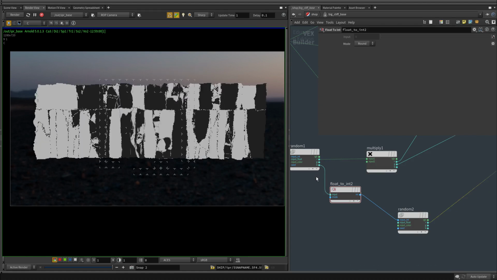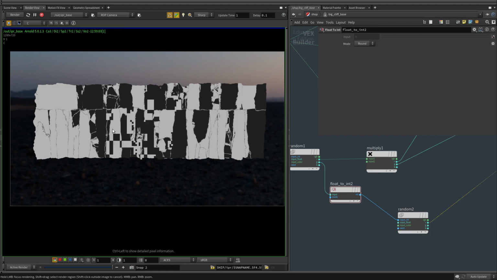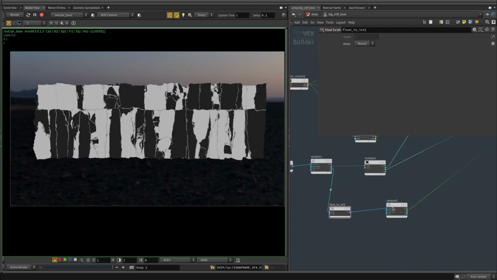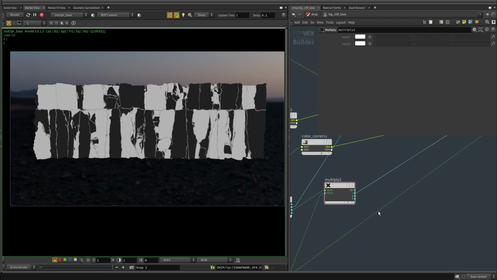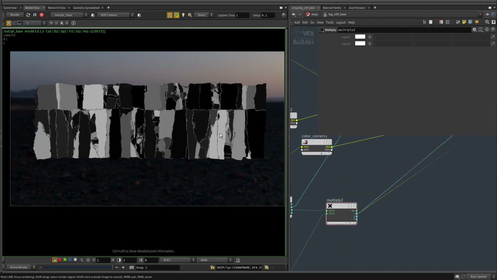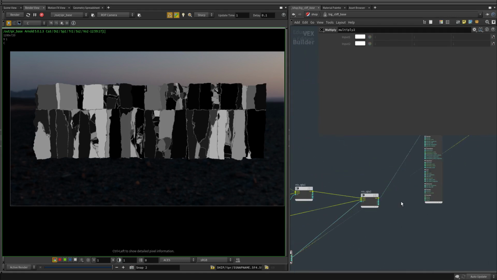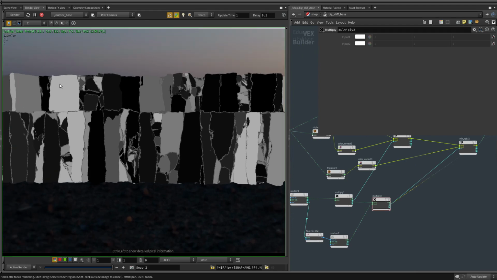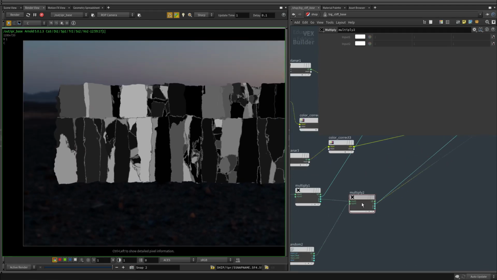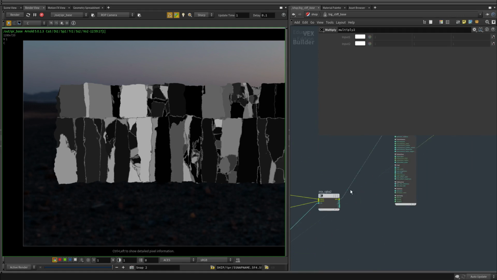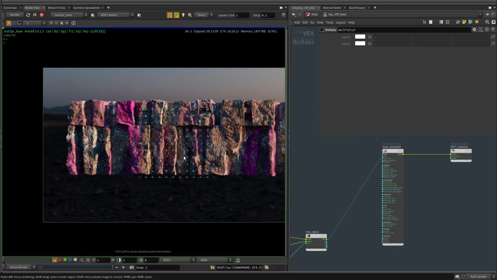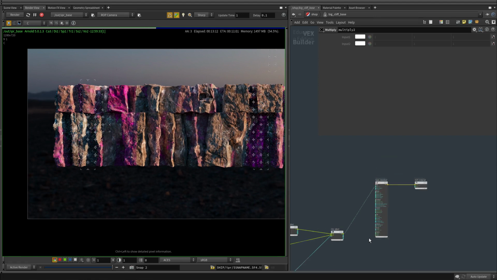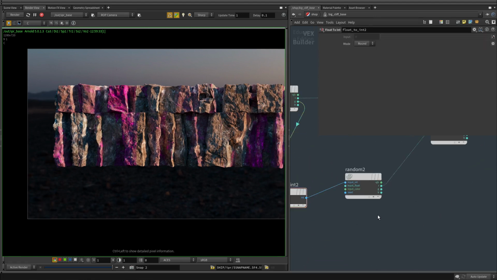Let's try this. So this mask, I'm going to use that information and multiply it with this. And now basically we're mixing the two masks. Cool. So now we're getting more variation, and I'm going to use more variation that only isolates a few blocks. I'm going to use that in the new mix, which is already connected. So let's see. Nice. So we have less blocks with that new texture, and we can also use a ramp